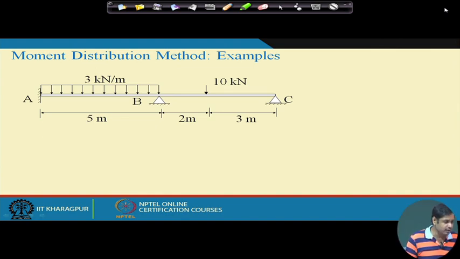now in this case, the joint C was a fixed joint, if you remember, in the last class, and now it is not fixed, it is a hinge support at C. Now the first step is to find out the absolute stiffnesses, and then the distribution factor and carryover factor. Okay. Now let us see